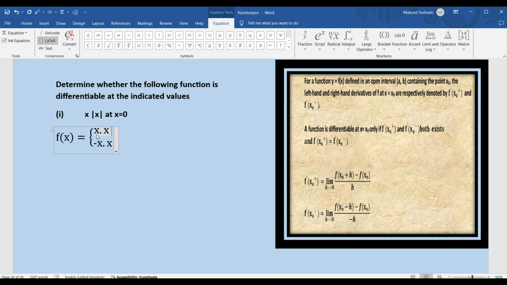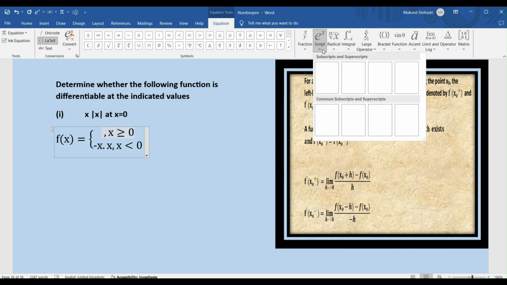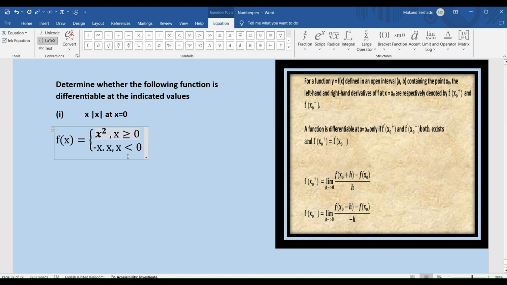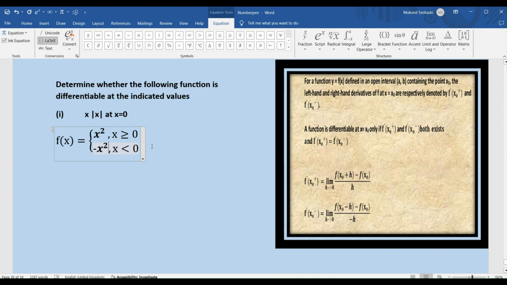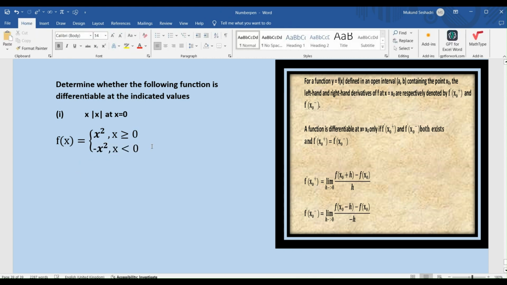So my first equation is for x greater than or equal to 0, and my second equation, which is minus x into x, is for x lesser than 0, right? So what is my x into x? It is nothing but x square. So I can comfortably write this as x square, and for x less than 0 I have minus x square, right? So this is how we write this equation